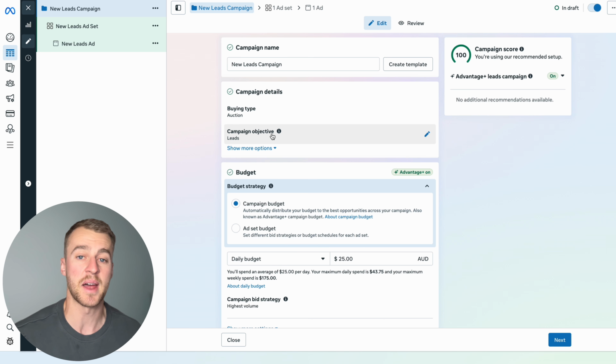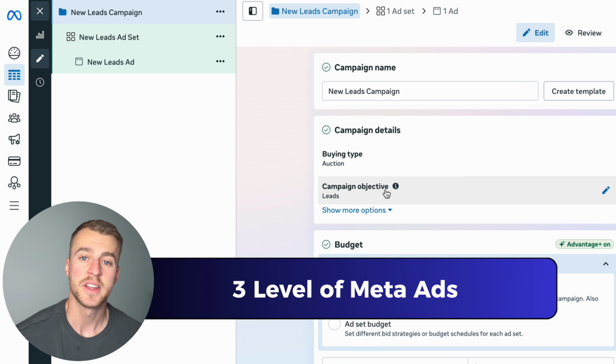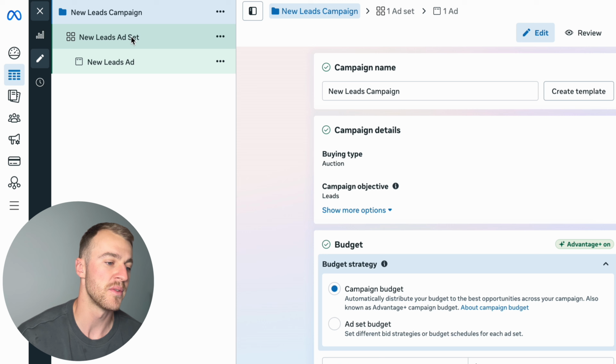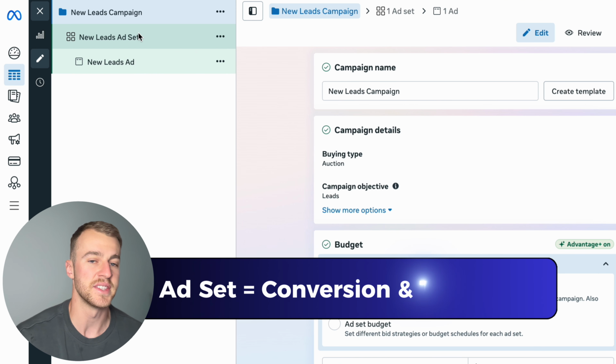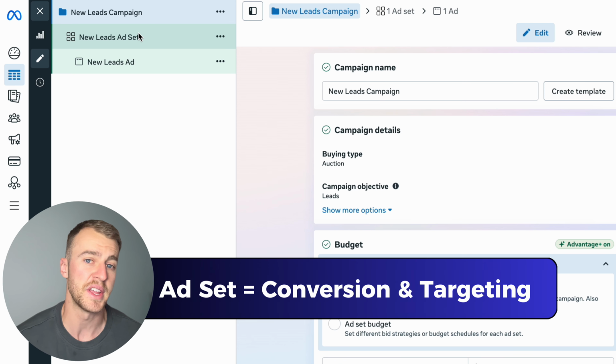So let's break this down real quick because there's 3 different levels to Facebook ads. You have the campaign level, the ad set level, and the ad level. You can see it over here as well. So these are the 3 different areas. So the campaign level is just purely budget. The ad set level is about conversion location, so instant form or website, the page that you're going to pick,